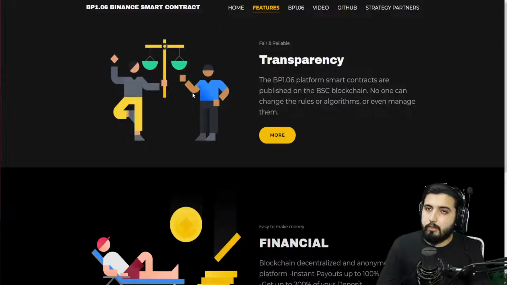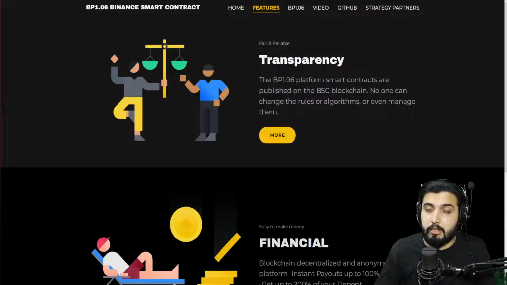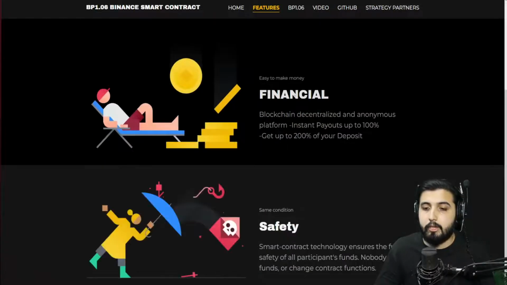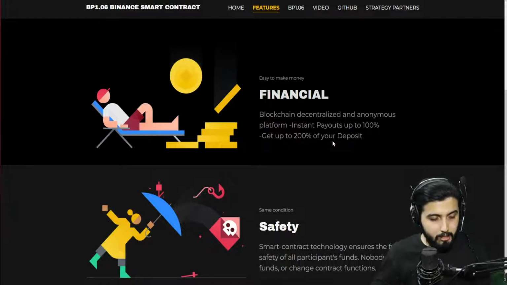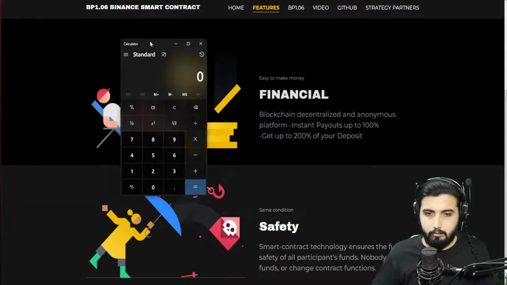I'm still checking if there's anything in the features. They talk about transparency, which I just explained to you guys, that this is on the Binance Smart Chain network. So everything that is happening is transparent. You can keep track of every transaction that is taking place on this. Which makes it transparent, which makes this safe, which makes this reliable and trustworthy. It says blockchain, decentralized and anonymous platform, instant payouts up to 100%, get up to 200% of your deposit. So you deposit 1.06 BNB, which is, if we take a look at this,